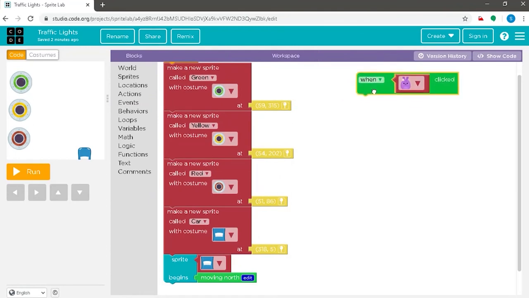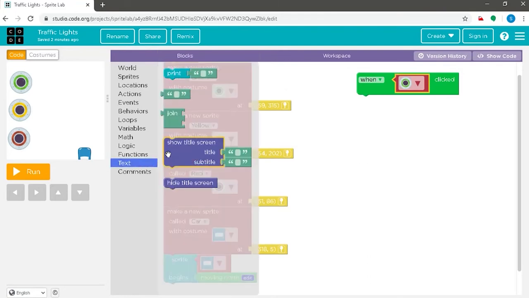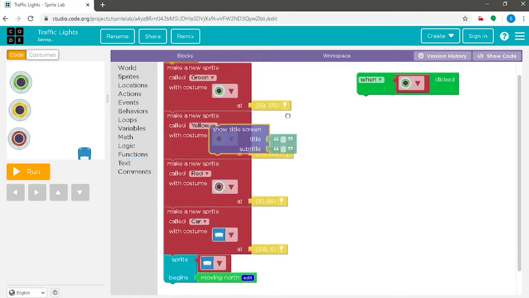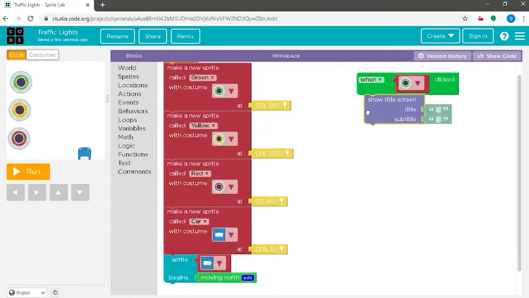Since we are now talking about the green light, we will change our sprite to green, and now we will be going to text and we'll be dragging the command show title screen and assembling it. And in the title, we will be writing keep going, which will be broadcasted when we will be clicking the green light.